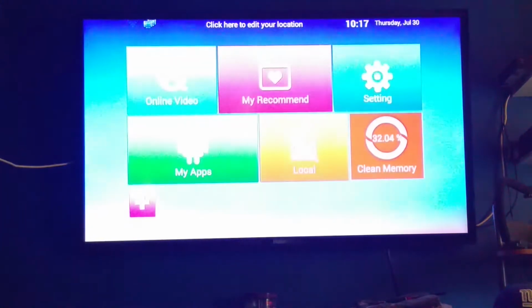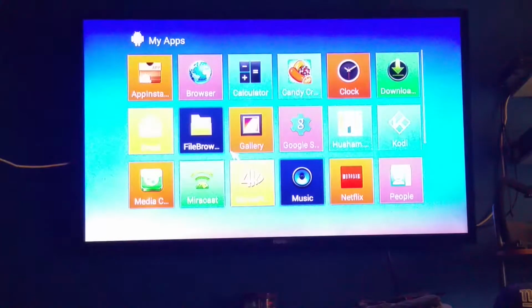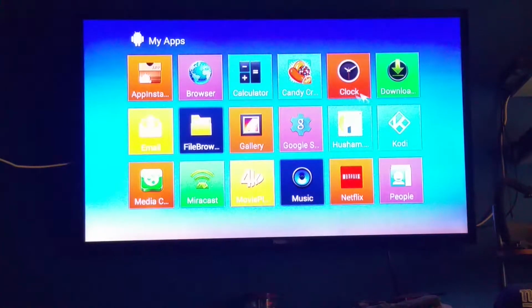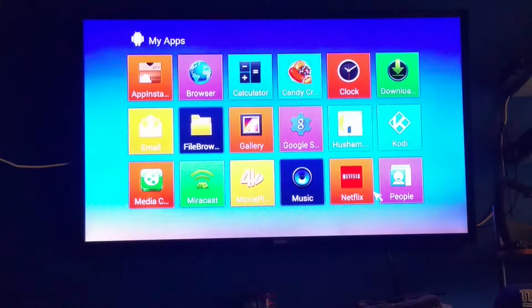Alright, this is taking too long. You have to sign in because I see it on top. It says sign in. So, okay, you have the clock, people, I guess that's contacts and stuff you can put there. Music that you can add on here. I'm not doing any of that.